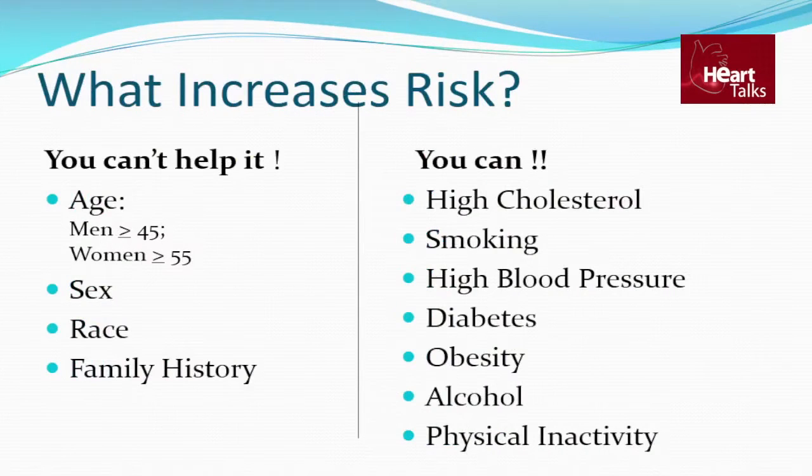There are various factors, which are called modifiable factors or non-modifiable factors. Modifiable factors are like high cholesterol, which we can always control, smoking, which we can stop, diabetes, hypertension, obesity, all these things we can control. But there are unmodifiable factors like age. Any male above the age of 45 years is always prone to develop coronary artery disease. Females have protection from coronary artery disease till the age of 55 years.